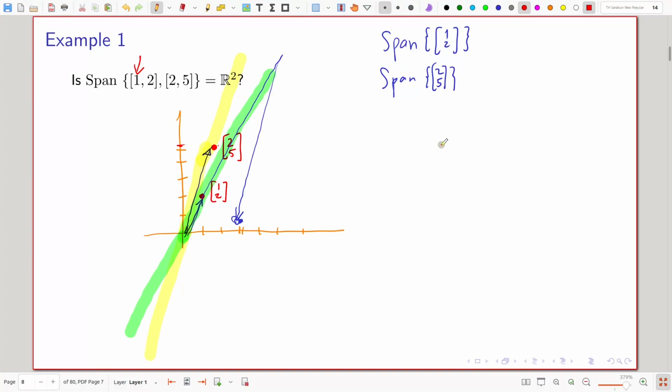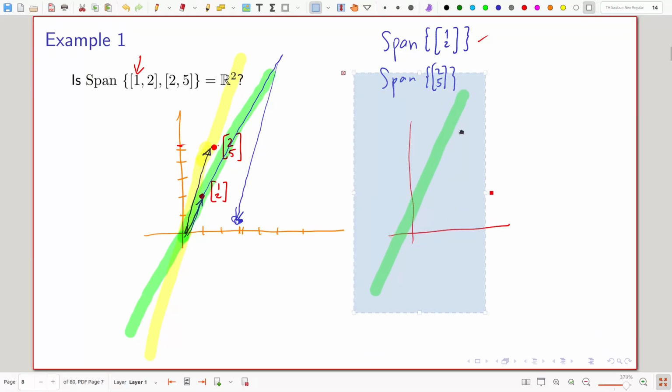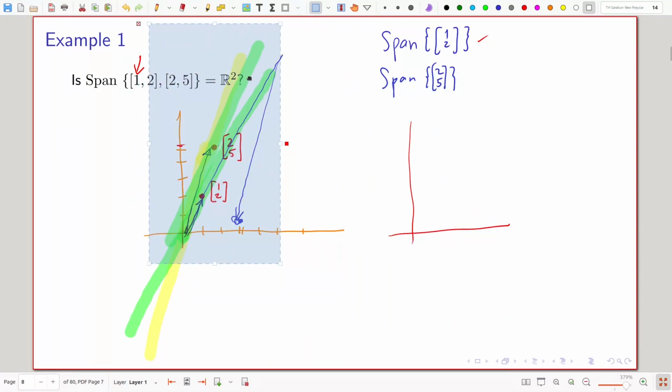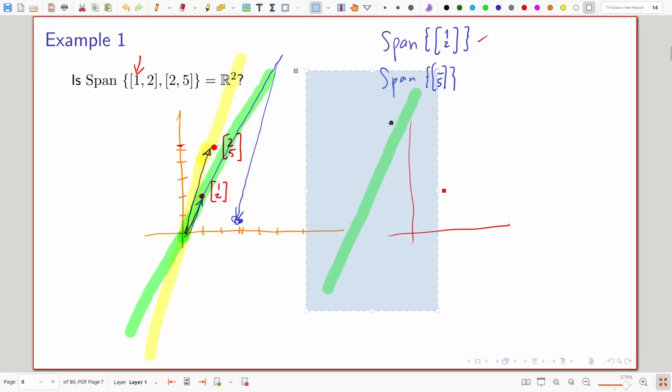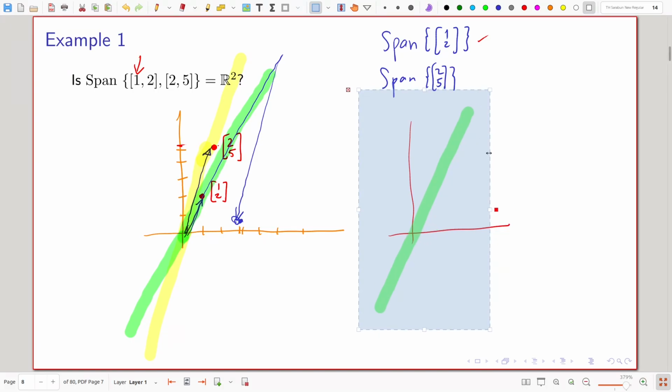Okay, one way to think about this is like this. So you have the first line. If you add this, this is a linear combination of the first vector, right? If you have a second vector which is not on this line or in parallel, you can sort of shift this line wherever you like, right? You can shift it to this point, to that point. So when you can shift it around, you can cover the entire plane. Okay. So if you have two vectors that are not in parallel, the span of those two vectors will be a plane.